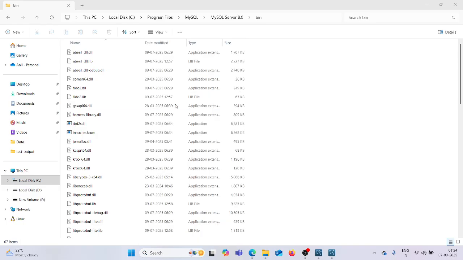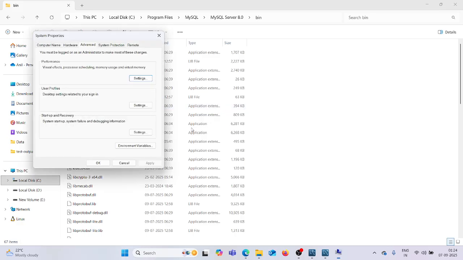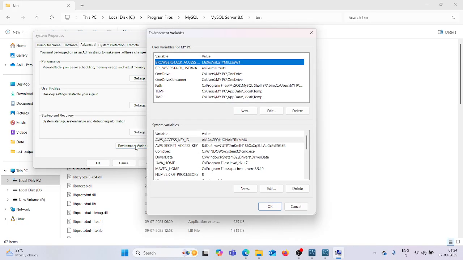Click on edit the system environment variables, so that it will take towards the system properties, and under Advanced you can see the Environment Variables option. Then it will show one more dialog box. Under that, you will get user variables for my PC, and the system variables. Now go to Path.